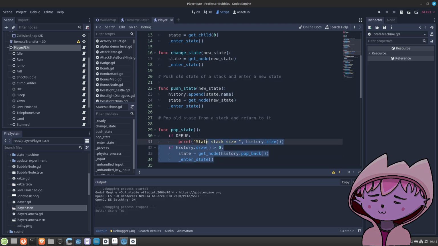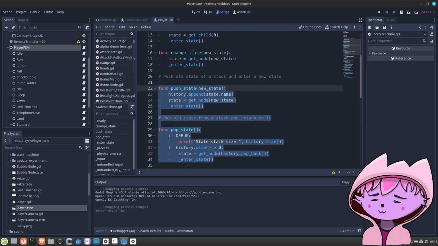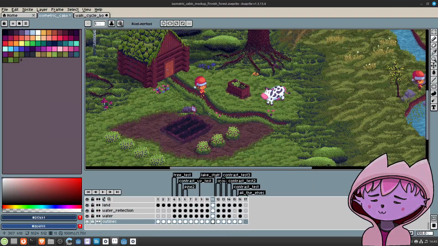I feel like, and this is just a feeling, for this simple cozy game, there is no need to stack states.